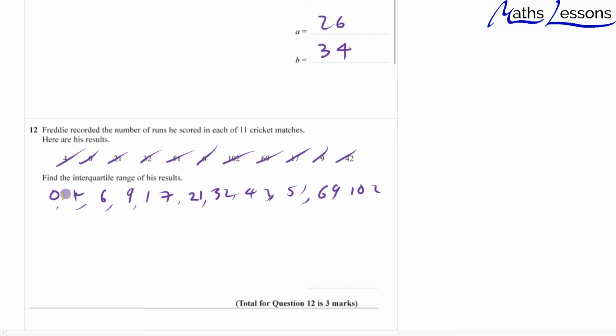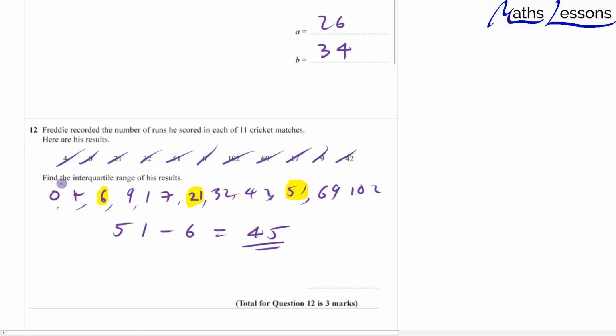So if we find the middle value, 1, 2, 3, 4, 5, 6 is going to be the middle value of 11. And then we want to split these into two halves. So there's the 6, that then gives you two numbers in between the lower quartile and the median. And then we split this up, so you've got 2 and 2. So you've got everything split up into even parts. And so therefore the interquartile range is going to be 51 minus 6, which equals